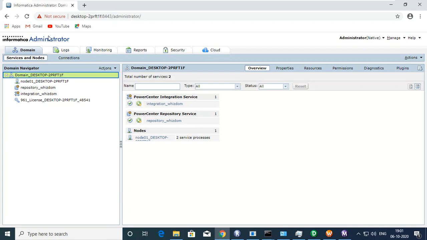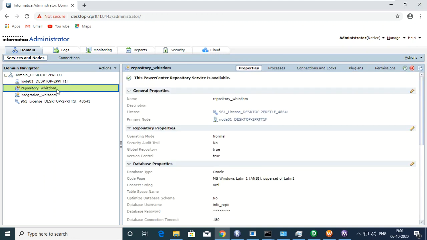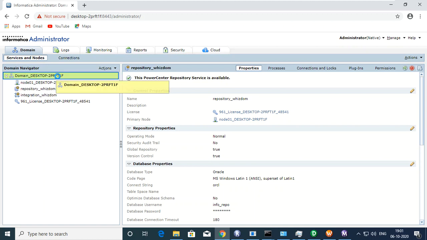Like let us assume that I have created some project over here and I want to share that project with you. So can I do that? Yes, we can do that from here. So what I need to do, let us assume that my project is existing in this repository service, right? So what I'll do, I'll create a backup of this repository and then I'll share it with you. And I'll also show you how you can restore that in your computer. So we will be coming with these things also.